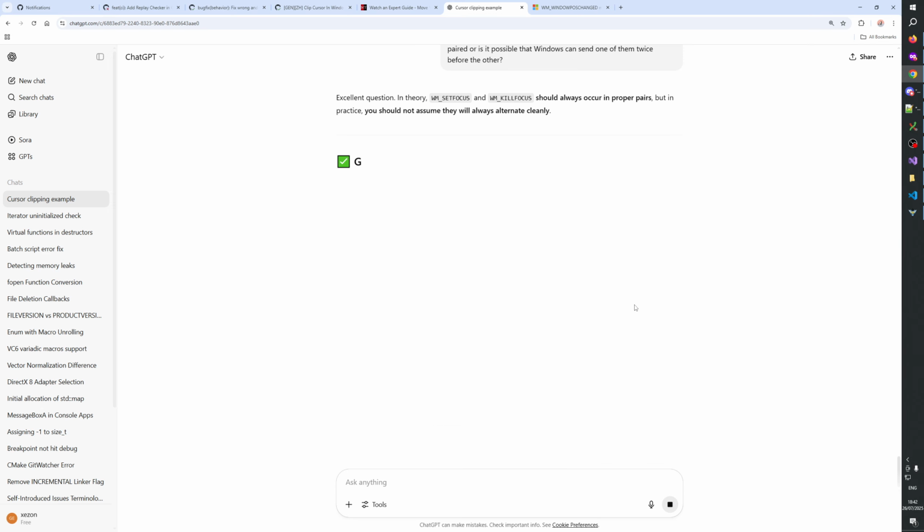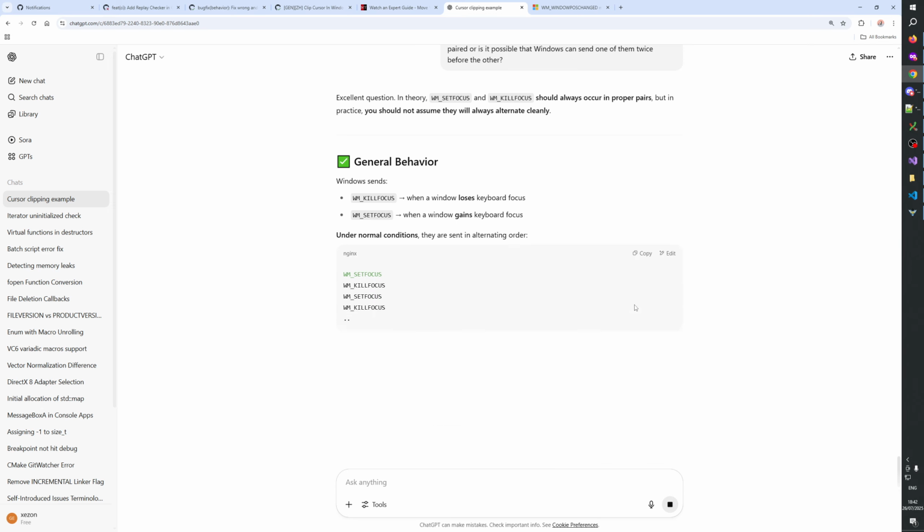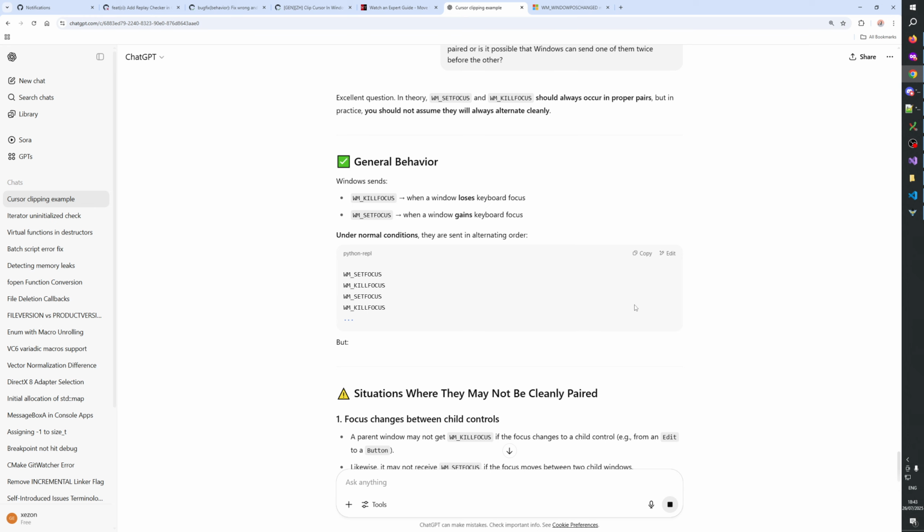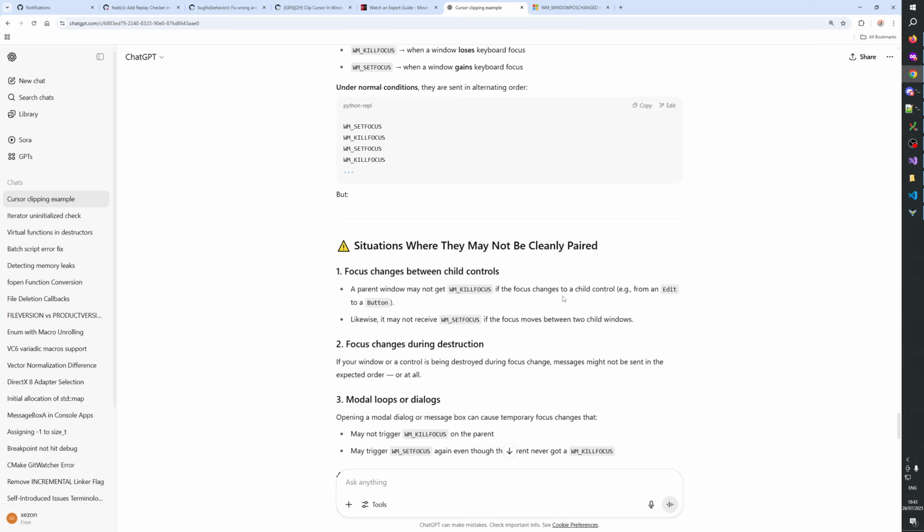Excellent question. Of course, excellent. In theory, it should always occur in proper pairs, but in practice, you should not assume they will always alternate cleanly. Under normal conditions, they are sent in alternating order. But there are situations where they may not be cleanly paired, like focus changes between child controls. A parent window may not get kill focus if the focus changes to a child control.